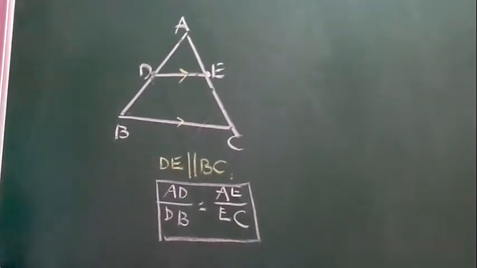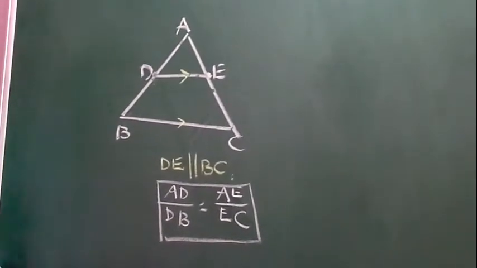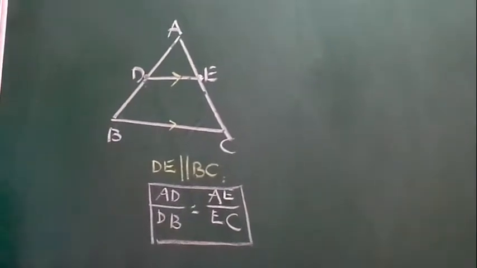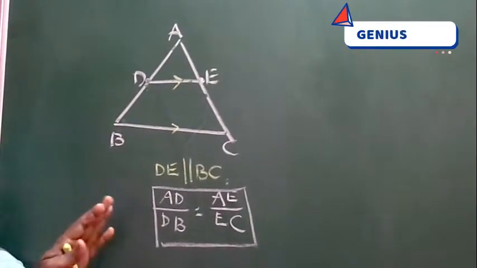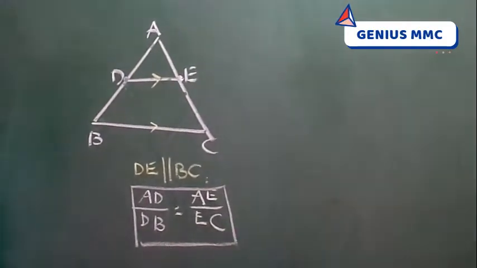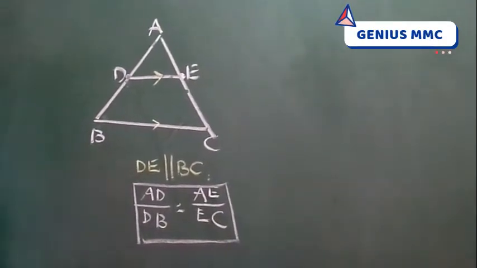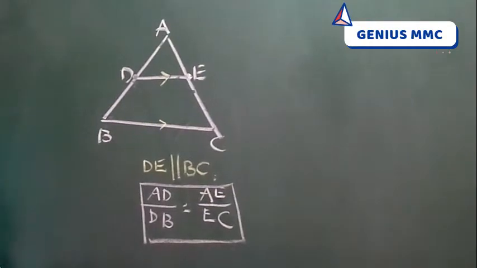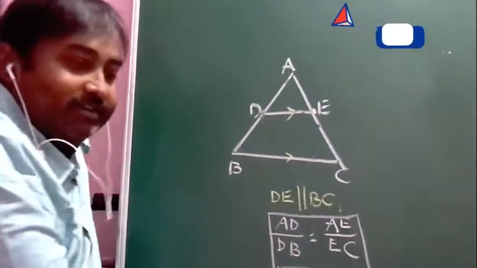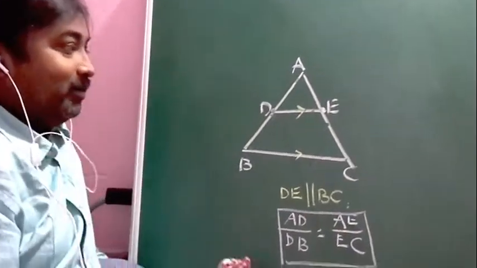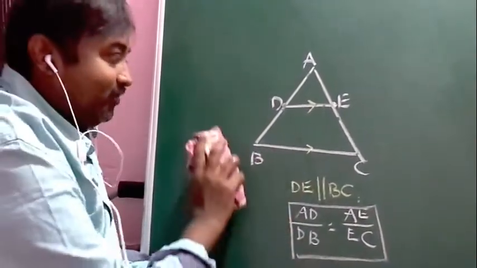We discussed this in the last class and I have given the homework. I am really happy all of you have done that: five triangles in different positions with parallel lines and how to write the BPT formula. It's very fine. Today we are going to prove this theorem by a logical method. By how? Let us see.